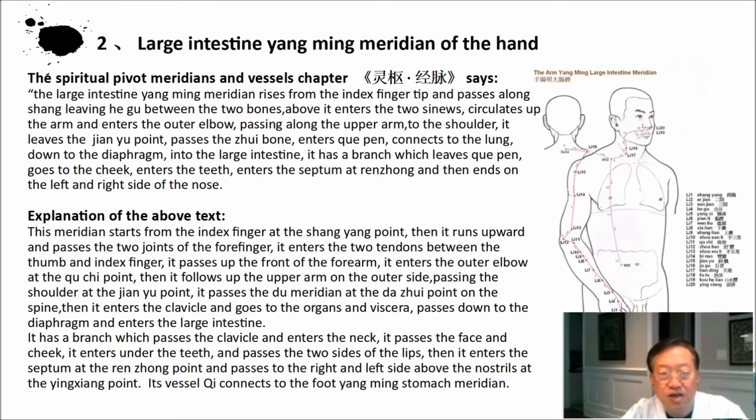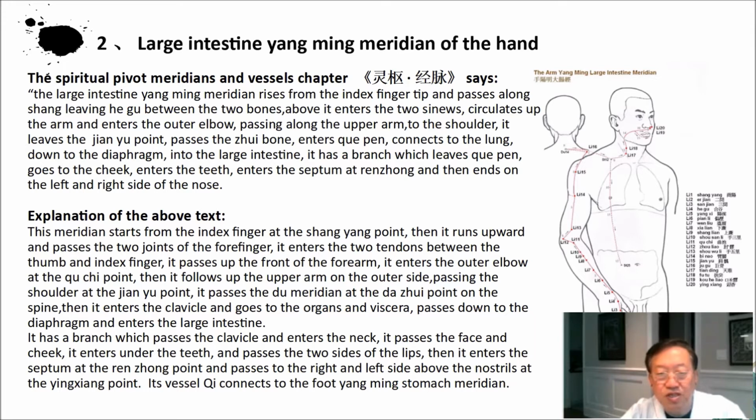It passes up the front of the forearm. It enters the outer elbow at the Chuchu point. Then it follows up the upper arm on the outer side, passing the shoulder at the Jianyu point. It passes the Du meridian at the Dazhui point on the spine. Then it enters the clavicle and goes to the organs and viscera, passes down to the diaphragm and enters the large intestine. It has a branch